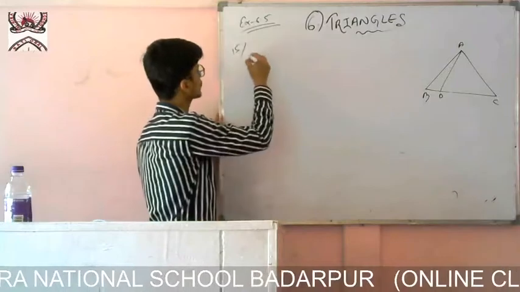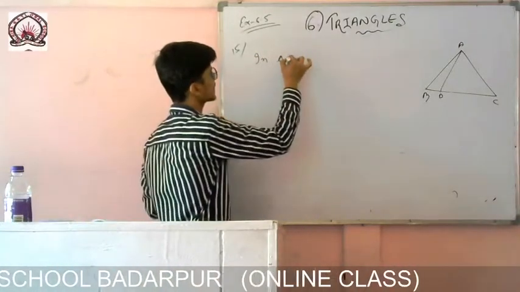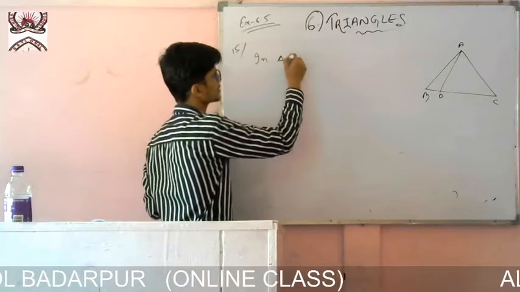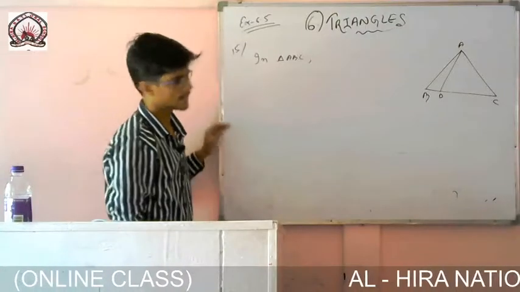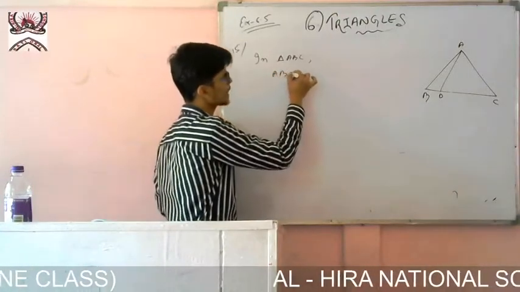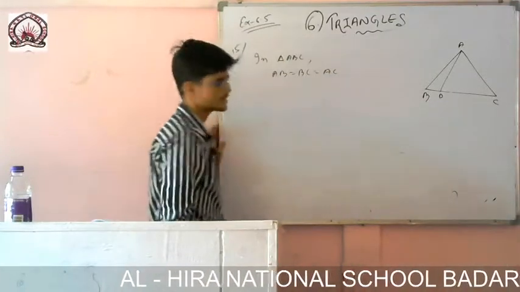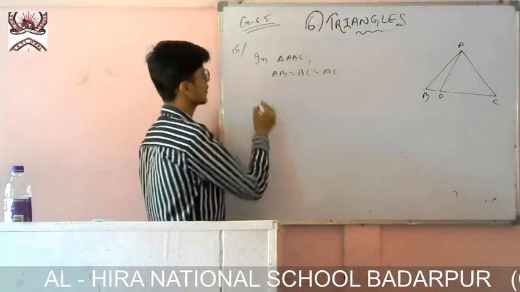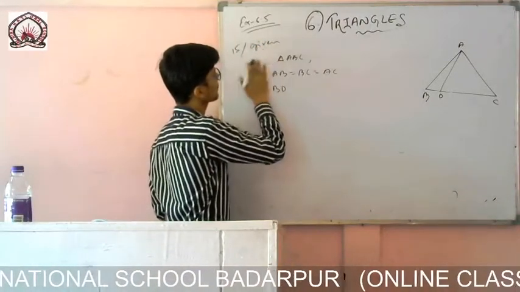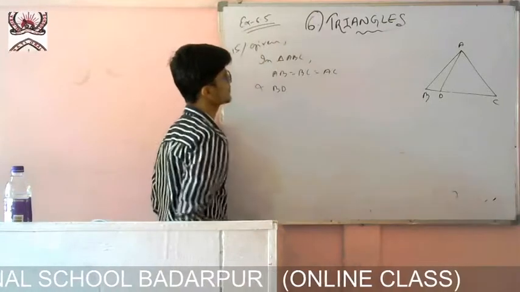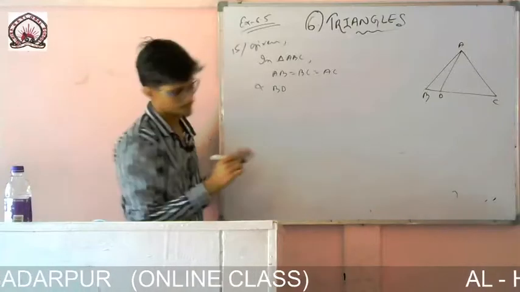First of all, let us go to the question. What is given? You write that line, and then you write in triangle ABC. It is given in your book. From the question, you write what is given, what I have drawn. So in triangle ABC, it is an equilateral triangle, so AB equals BC equals AC. And what else is given? BD is given equal to 1 by 3 BC.